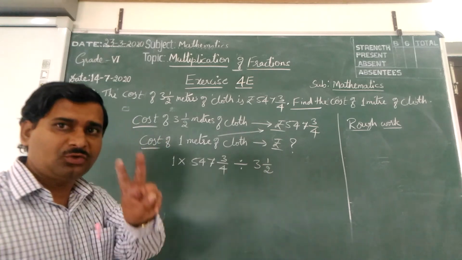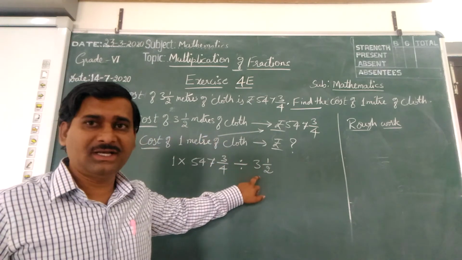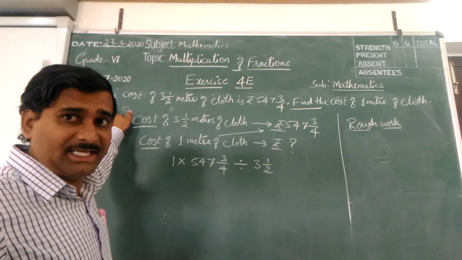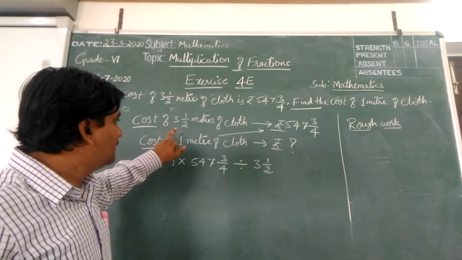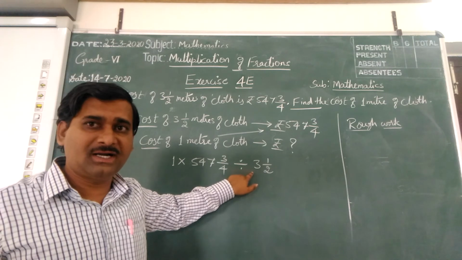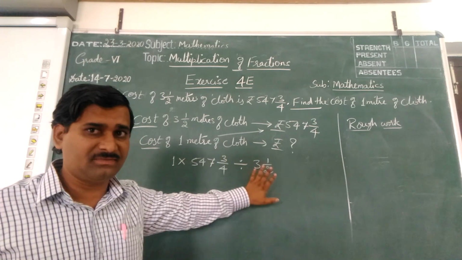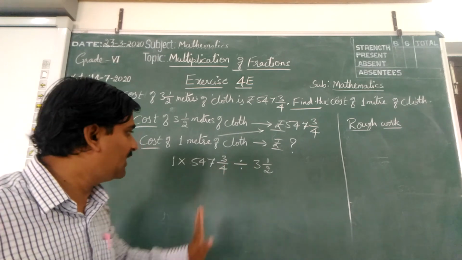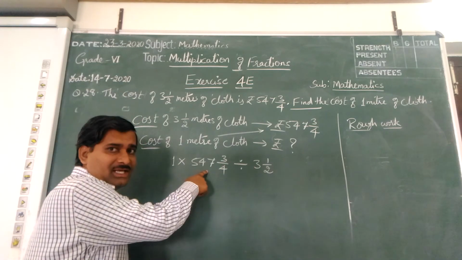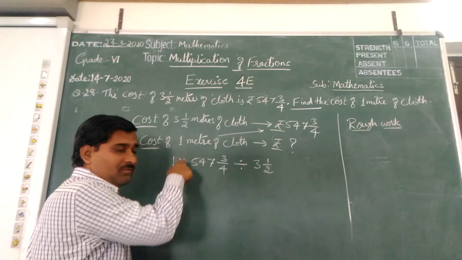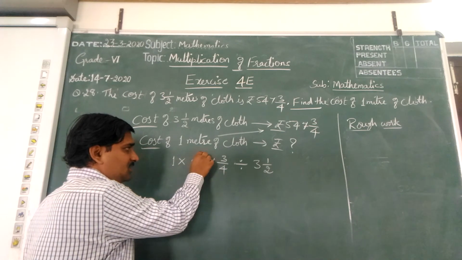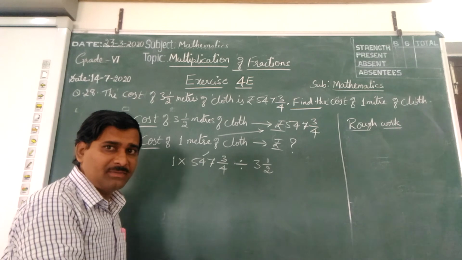In the previous two questions, here we have not written any number because it was 1. In questions 26 and 27, this number was 1, so divided by 1 is the number itself. That's why this number was not written. Here we are writing because a number is given. That is as simple as that. So 1 into any number is that number itself. So just convert this mixed fraction to an improper fraction.